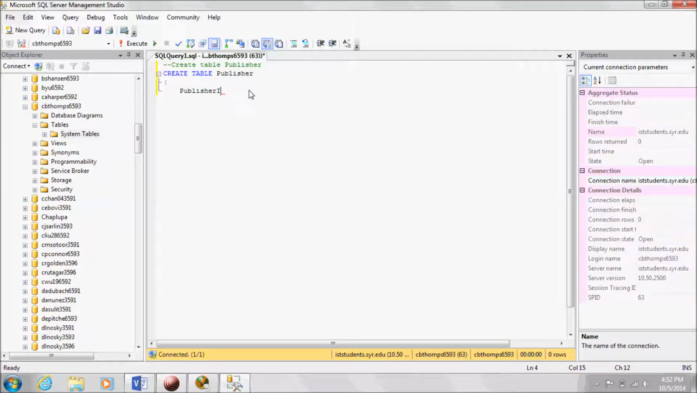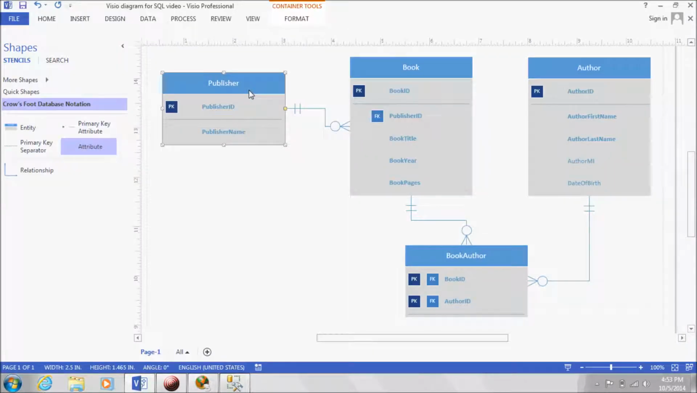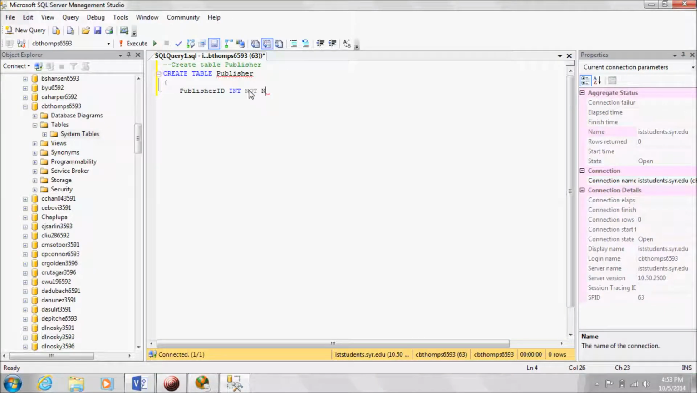So let's type in the names of our columns. Publisher ID is the name. Let's make this an integer. So in Access, you would type in the names of your columns and then you would select the data type from a drop-down list. Here we have to type in the name, so integer, and not null. That means publisher ID cannot be null, it's required, comma,